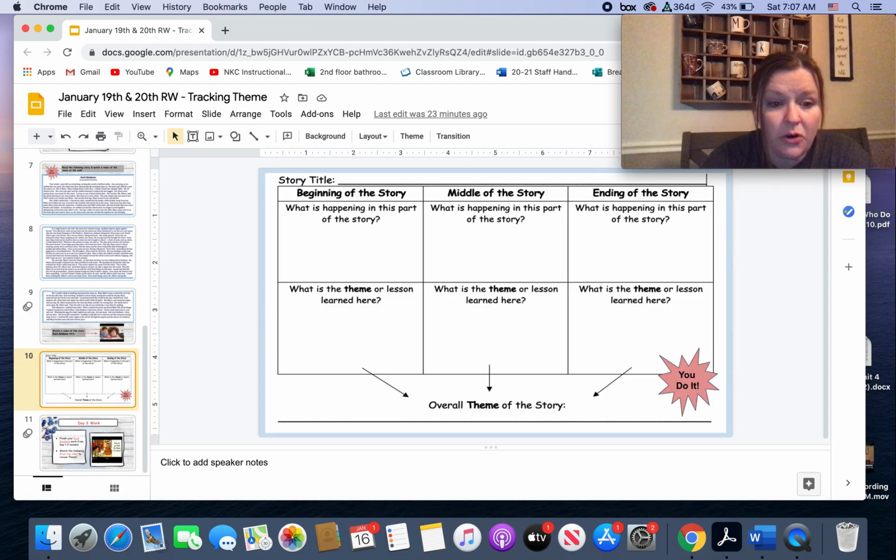And then your goal today as a reader is you're going to take each kindness and try to find the theme just like I did. So you'd be filling it out. You're going to ask yourself what happened at the beginning, the middle, the ending of the story. What are some little themes, lessons I learned? And then try to come up with one overall statement in a sentence that you could make.